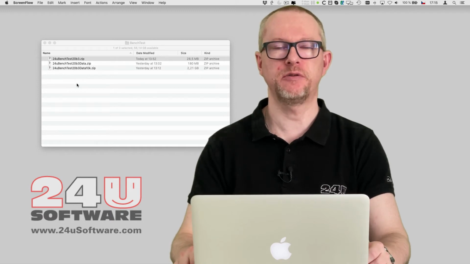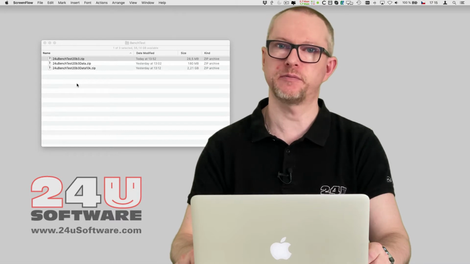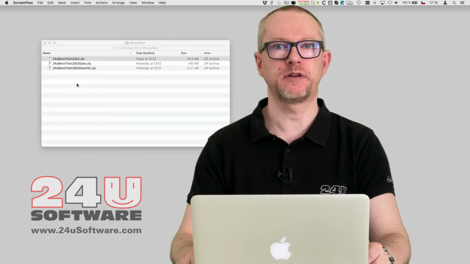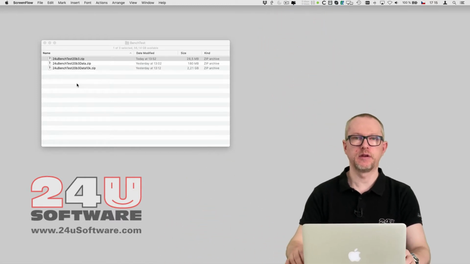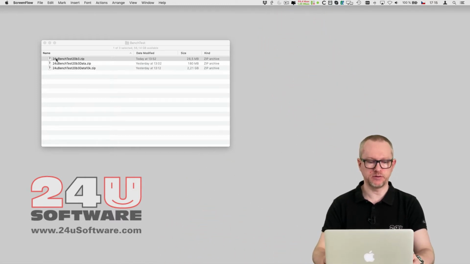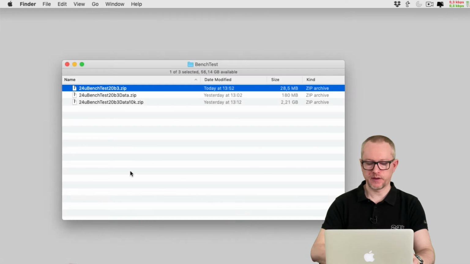Let me show you how you can easily benchmark your FileMaker setup and compare it to either my reference test setup or any other FileMaker setup you want to compare. For this you will need to download the bench test tool itself and also one version of the bench test